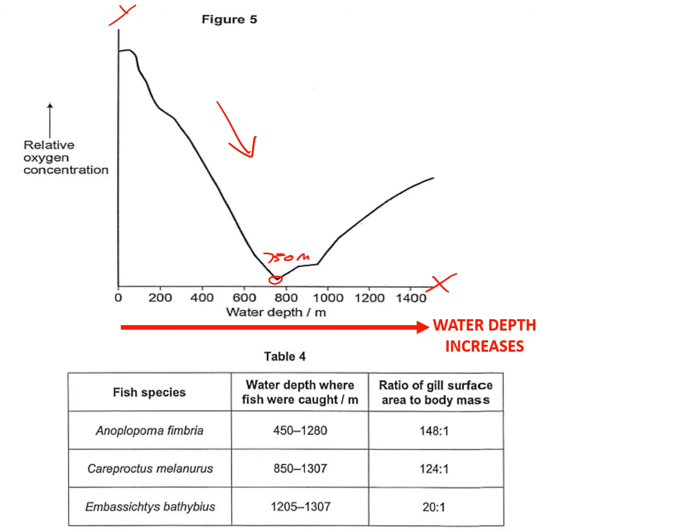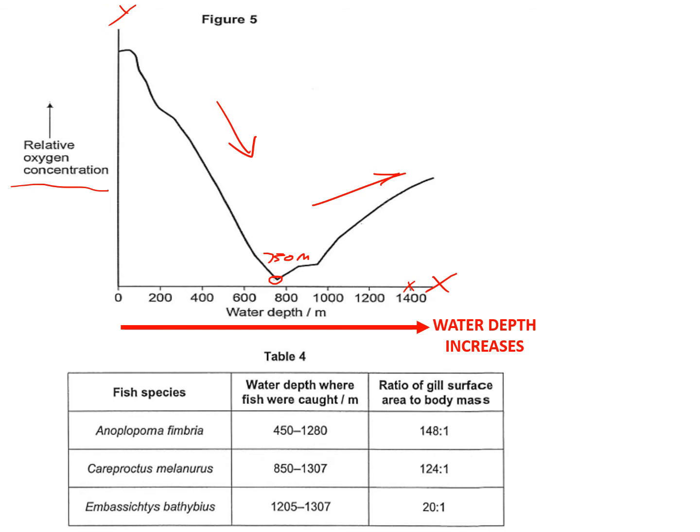Now, at a depth further down than 750 meters, all the way up to 1400 meters, we can see there's a slight increase in the concentration of dissolved oxygen. So 750 meters is the depth where there's the lowest concentration or relative concentration of dissolved oxygen. Now, if we look at the data in the table, we're given the 3 different species, A. fimbriae at the top,